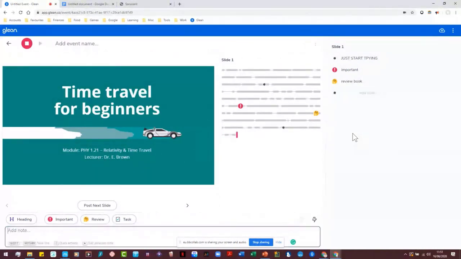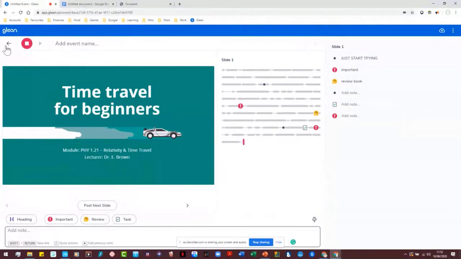So I could press the space bar, hit enter. I can click and hold on one of the labels. I can use my quick actions as before. It doesn't really matter how you do it. Some people like to use a combination, depending on the context, depending on the information that's been presented. And it just sticks a little placeholder in here instead for you to go back in and expand upon it